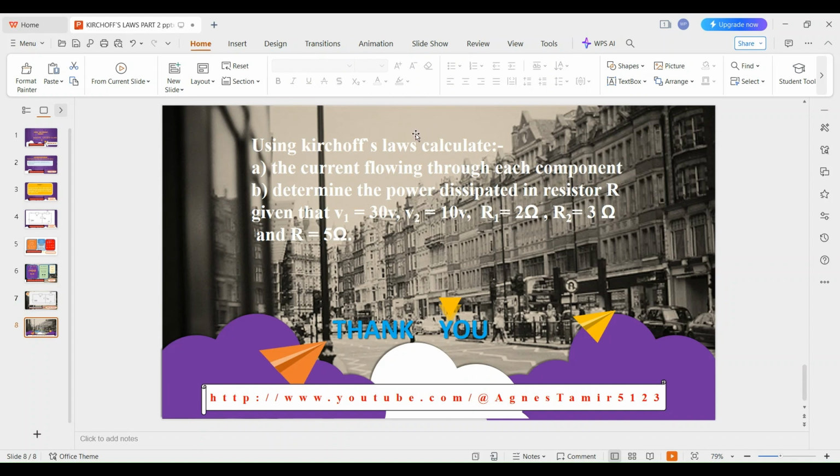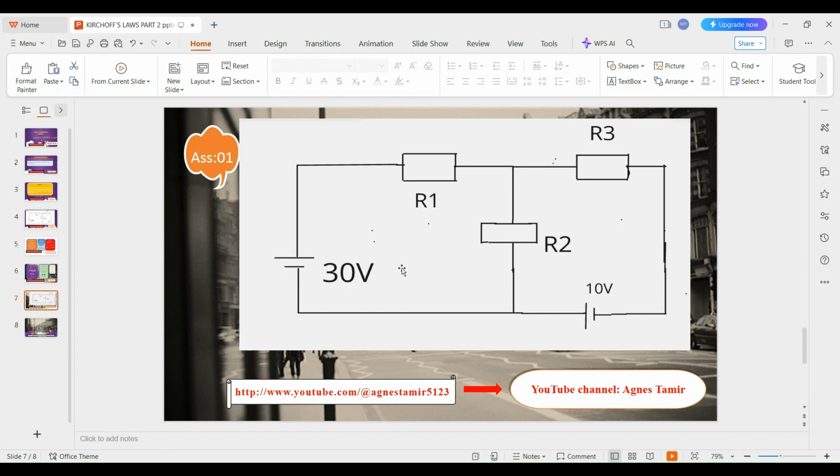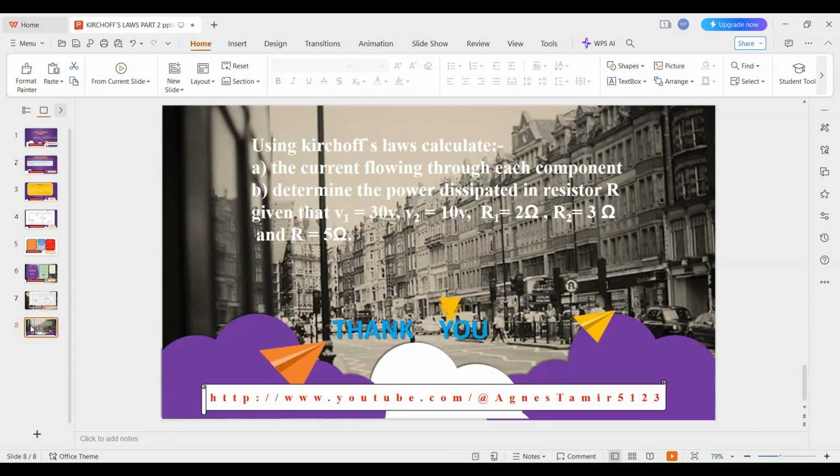Using Kirchhoff's laws, calculate the current flowing through each component. And part B, determine the power dissipated in the resistance R3, yes, resistance R3, given that